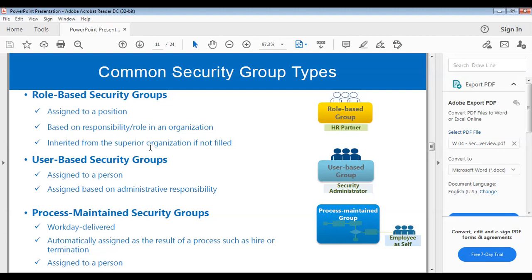Now, user-based security groups. They will be assigned to a person, for example, HR admin. Let's consider admin. What will he do? What are the admin roles and responsibilities mainly? They take care of the regular day-to-day activities in the organization.